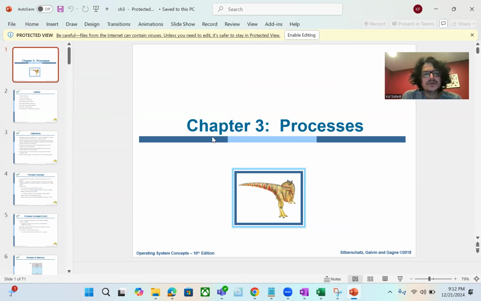Okay. Now today we'll talk about the concept of process, basically what is a process, then how many processes you can create in your user space,